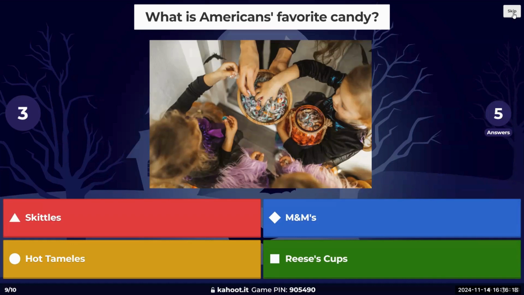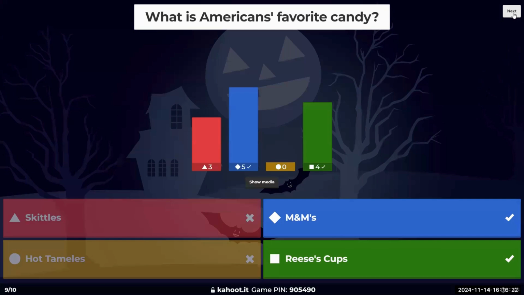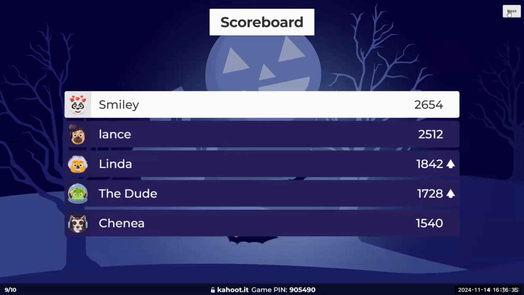My favorite part of Halloween this year was I take my cousin's kids and we sorted. Oh, look at that. It's tied. M&Ms and Reese's peanut butter cups. Very nice. Reese's peanut butter cups are my personal favorite. But we dumped out all of his candy and sorted it into piles according to type, and then we counted it all. It was wonderful fun for me.